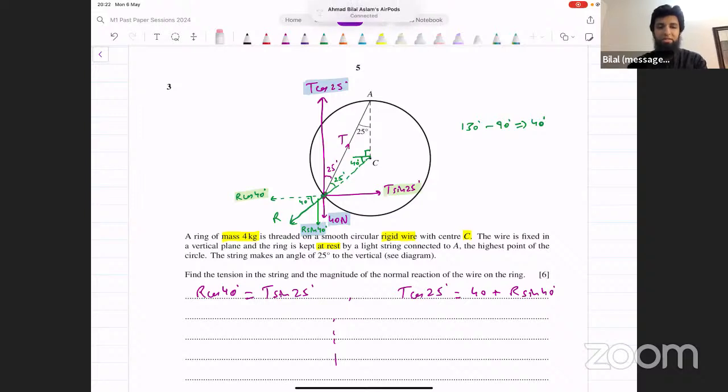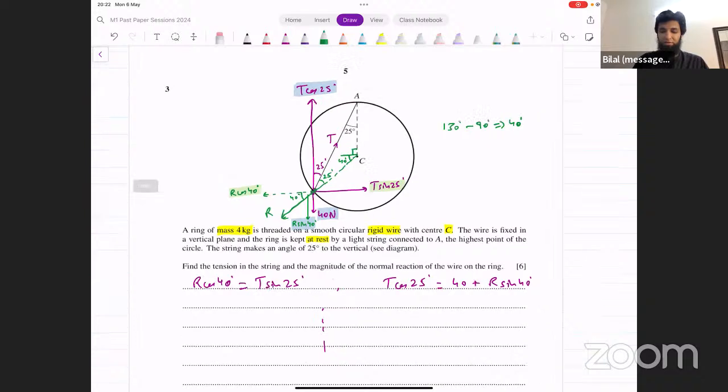Do the questions that you are comfortable with first, and then try to get as many method marks as you can on the remaining 1 or 2 questions that you can't figure out completely. Leave them for the very end and try to get as many method marks as you can on those questions. Now, in mechanics, a lot of times what happens is you end up losing accuracy marks as well. Why? Because